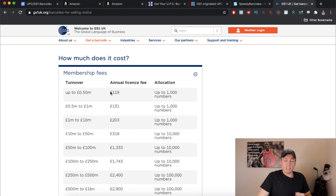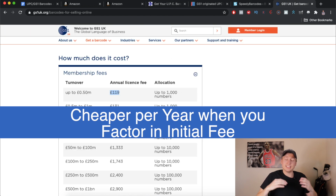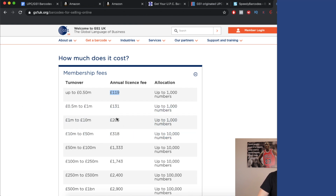So the annual fee is a lot lower here, but double check this with the new pricing. If you have multiple products, the UK might be a good solution for you. I want to talk about one other solution as well, and I'll link the video down below to this solution,